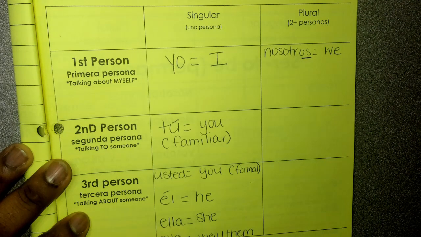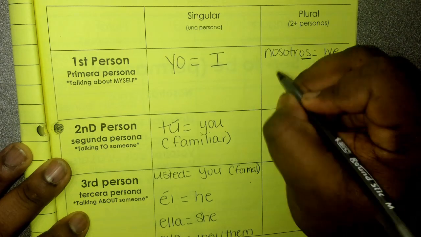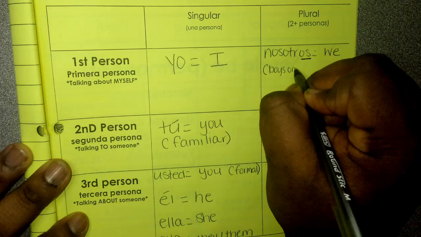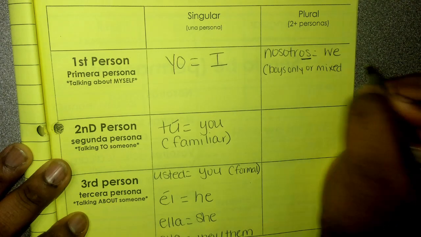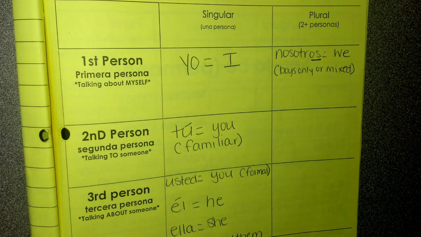Think about our adjectives. If there's an O, we're talking about a boy. Right? So when we say nosotros, that means we, but that means it's either boys only or it's a mixed group. What do you think I mean by a mixed group? Boys and girls. So if Jasmine was talking and she's like we, and she's with 4 girls and 1 boy,